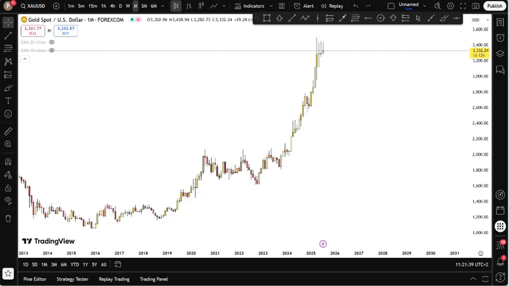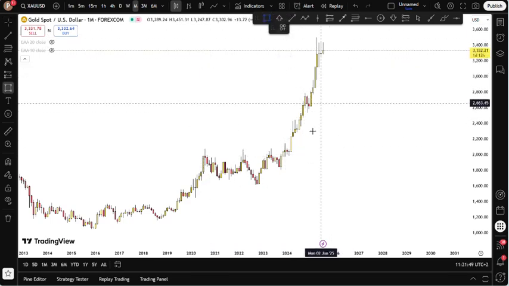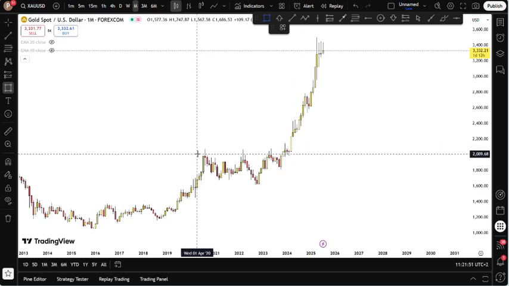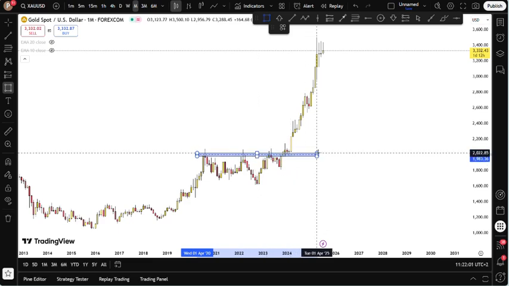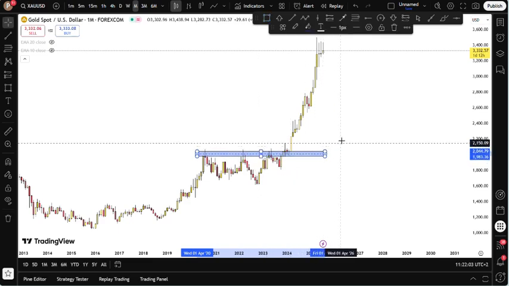As you know, we start on the monthly time frame. As we can see right now, gold is very bullish, guys. I want to start here on the monthly time frame just to explain the basics of support and resistance. Let me show you an example of one as we start.